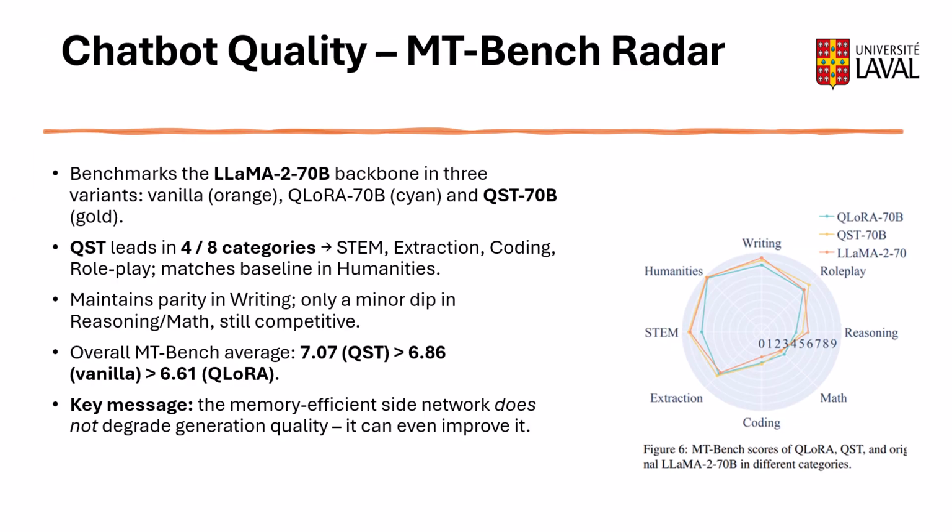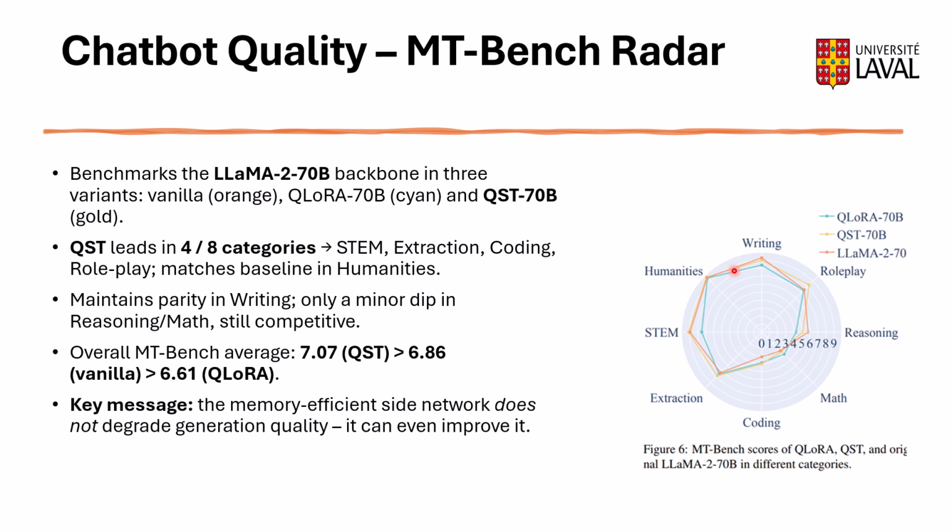The final evaluation measures chatbot generation quality on MT-Bench using the Llama 2 70 billion backbone. Three versions are compared: Vanilla in orange, QLoRA in cyan, and QST in gold. As you can see in the radar plot, QST leads in 4 out of 8 categories, especially in STEM, extraction,